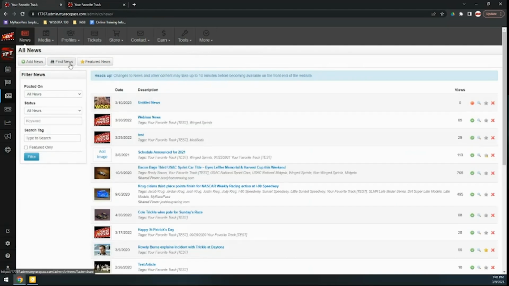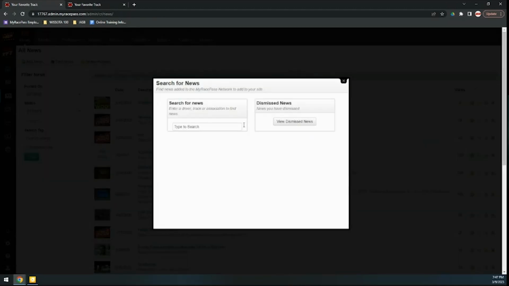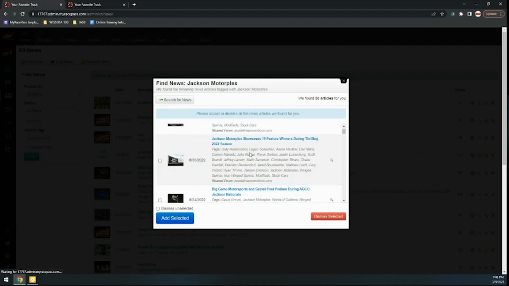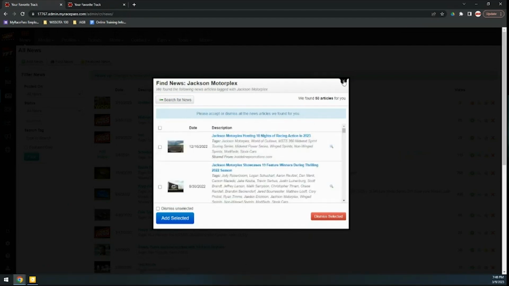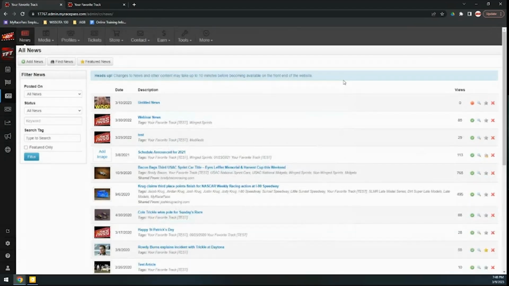The find news option is similar to what I'm describing with the pop-up, but now you can search for news from other places. So I search for news for, I don't know, a different racetrack. I can start to add news from that racetrack to my site, or search for a driver, or search for a series. You've got the Cars Tour, you've got World of Outlaws, you've got something like that coming